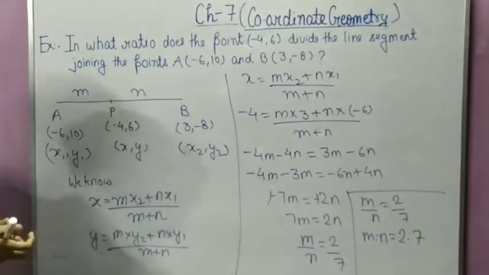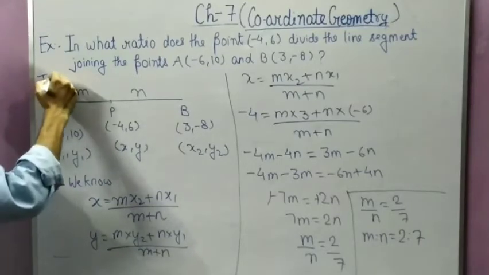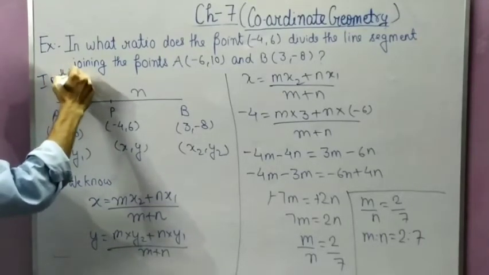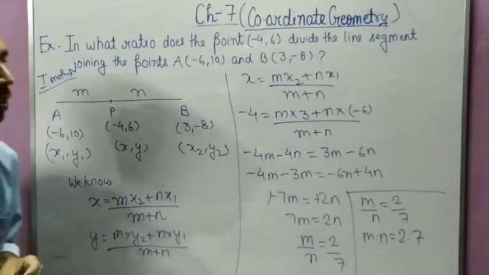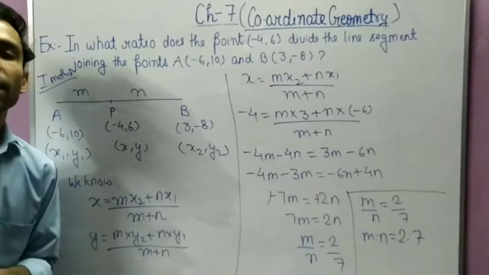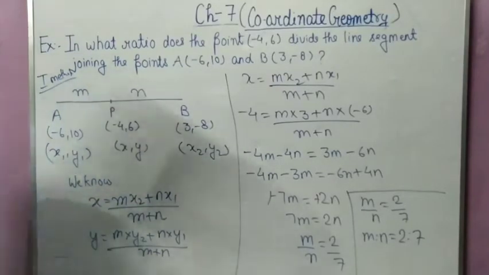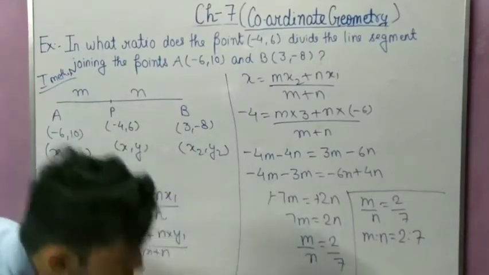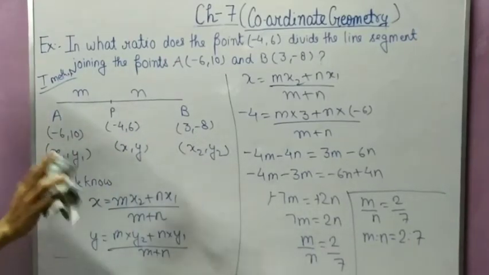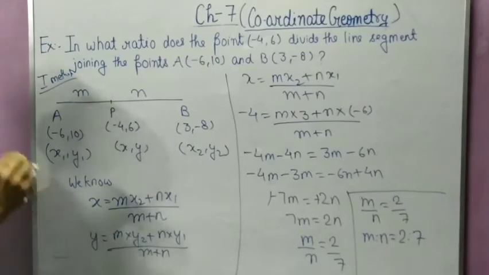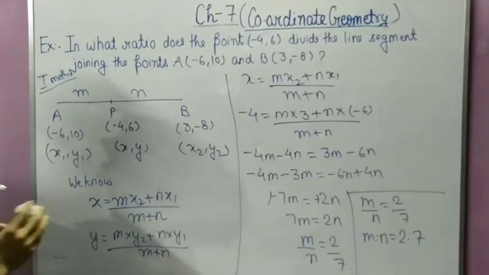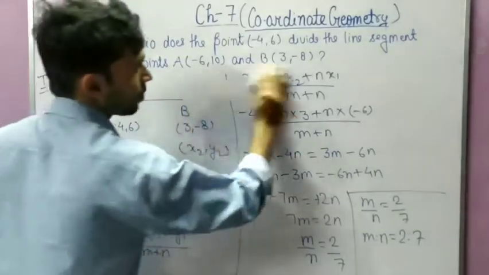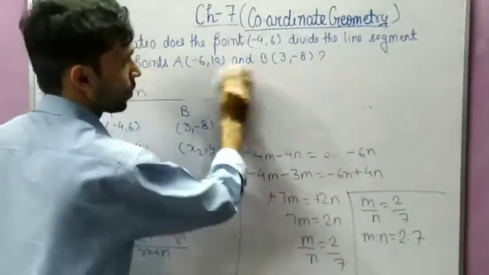So this is the first method. First note it down. Now one more formula I told you, in terms of k and 1. I hope this question is clear to you. So the same question I am solving with the help of the second formula. I am erasing it. I hope you have understood.